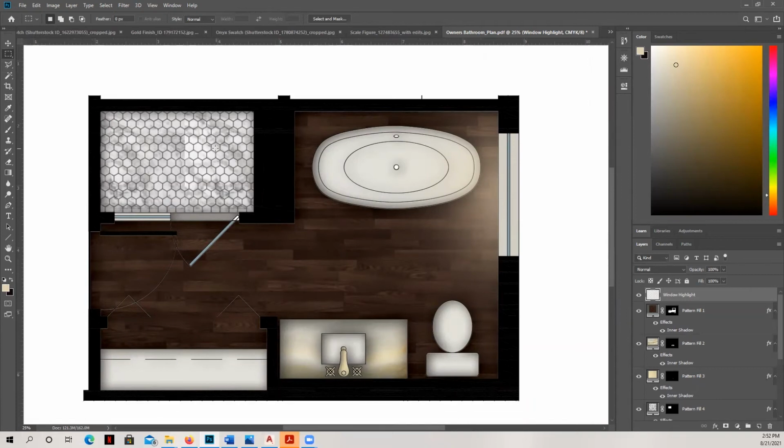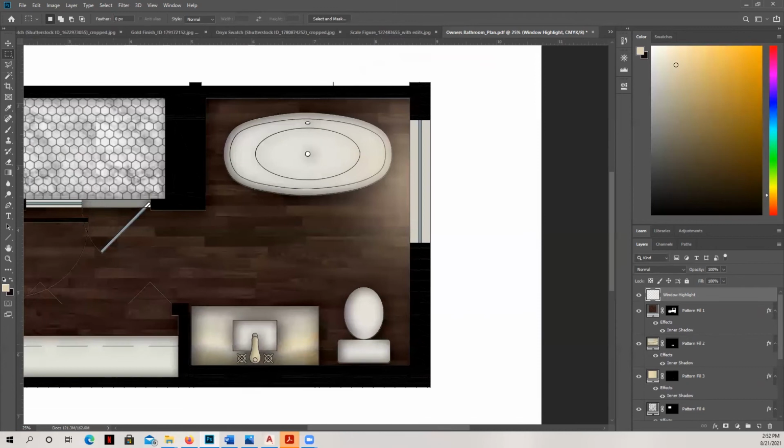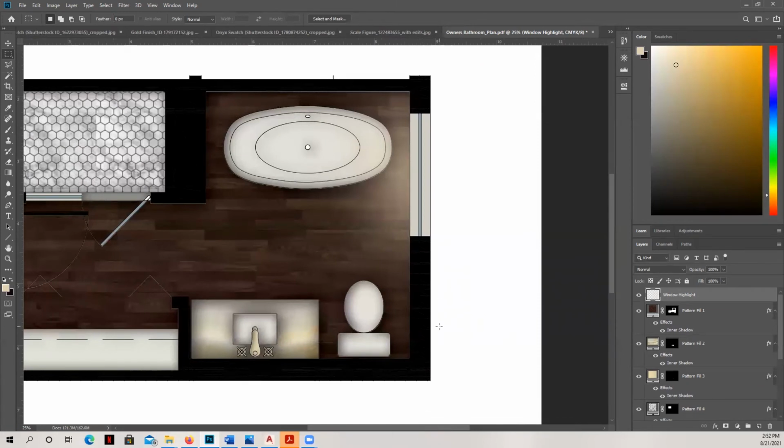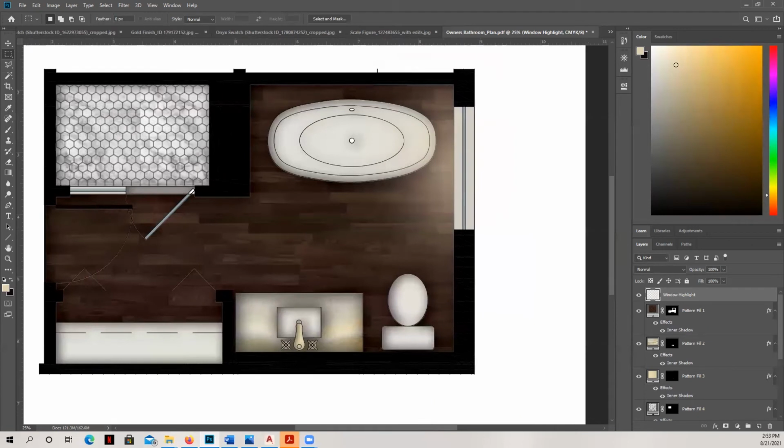The next thing that I'm going to do is add in some leader lines. Now, this plan definitely has a lot of information that we could share, but we're just going to share information about the finishes. And so what I'm going to do now is teach you how to create a leader line and some annotations. So you're going to go down to your line tool. Yours may not look like a line. Yours may be selected to look like a rectangle. So just go ahead and hit your drop down menu until you hit the line tool.